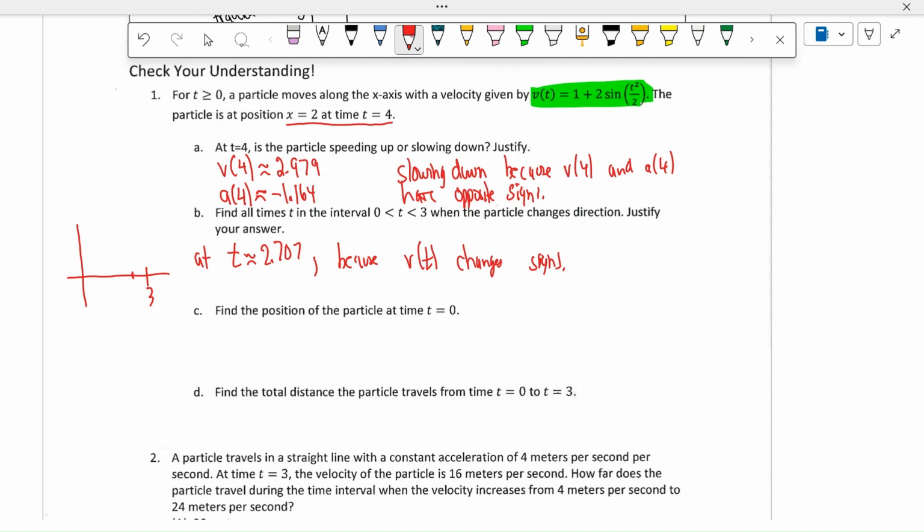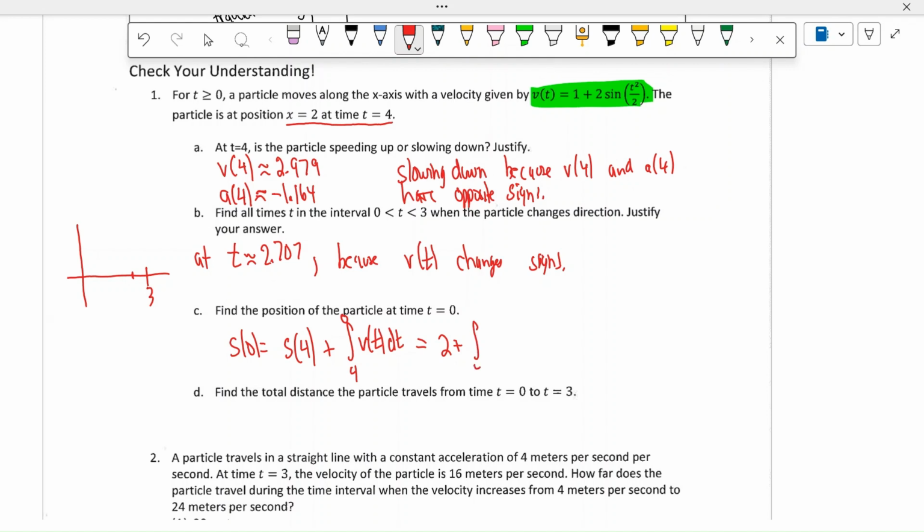I know the position at t equals 4. So the position at 0 is going to be the position at 4 plus the displacement from 4 to 0. So here's what I'm looking at. The position at 4, which is equal to 2,